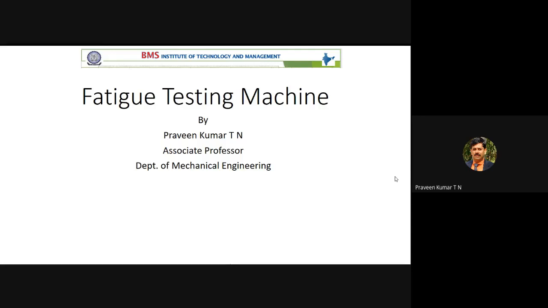Even it can take around 100 kg of load when it is static, but under fatigue it may take only 50 kg of load. When a component is subject to static loading, it can take 25 kg of load. When it is subject to dynamic loading with the same 25, it may fail because of the fatigue, because of the cyclic stresses. The best example I can give you, so you can understand better, is this: imagine you have a